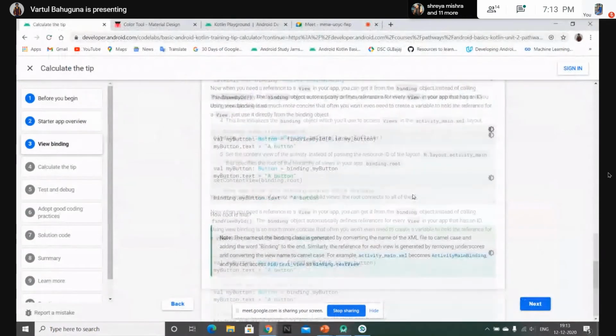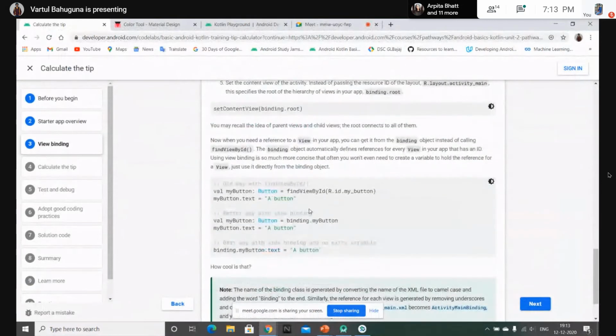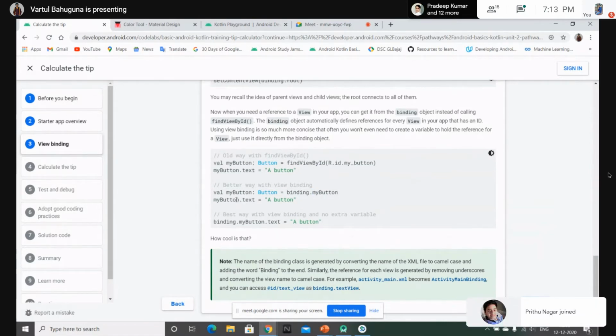Now moving on further, it shows how we used to do this earlier: val button = findViewById with the ID of the button. Then to set the text, myButton.text equals the button text. A much better way would be val button = binding.myButton, the binding that we have created, where myButton will be the ID of the button, and then you can easily use it.